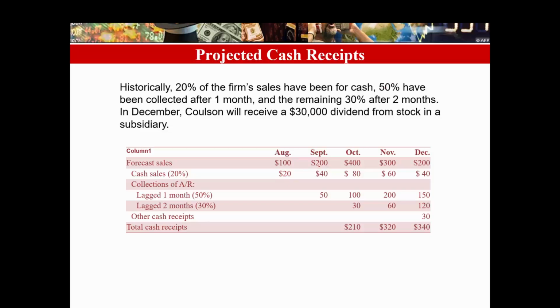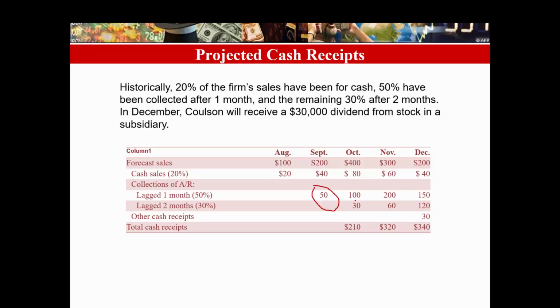50% will be collected in September. It's in the past, so this is the amount that has been collected in September. But still, we do have 30% that is still yet to be collected in October. So $100,000 of sales, $20,000 has been collected in August, $50,000 will be collected or has been collected in September,